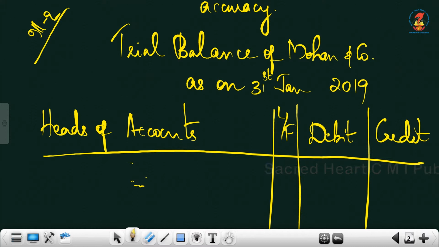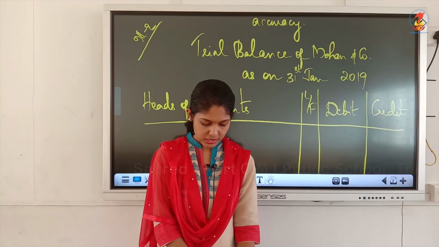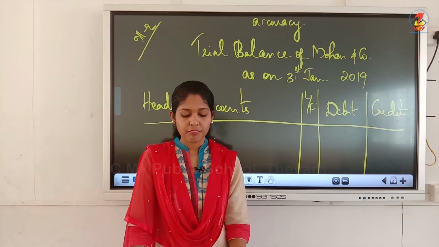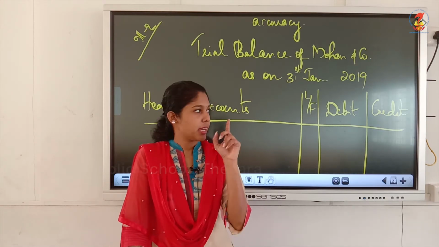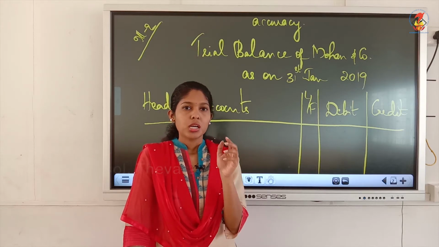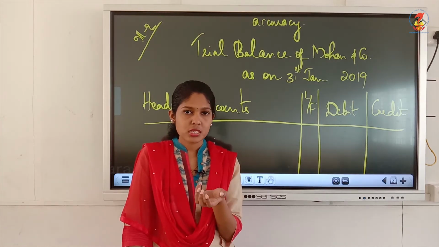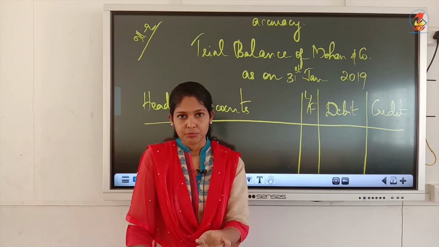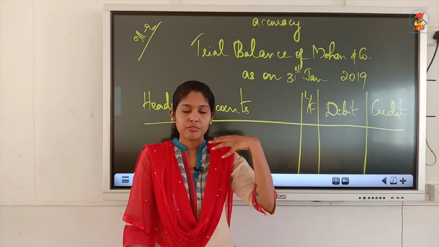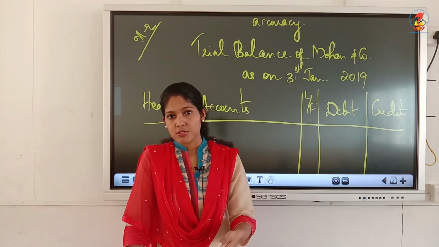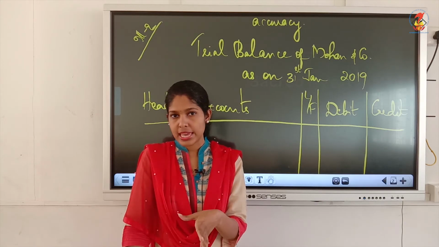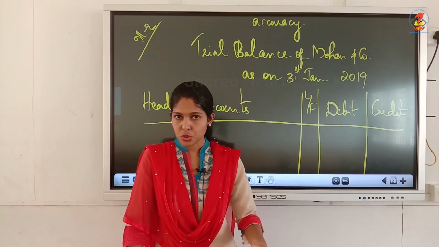So for that question, they have prepared ledger accounts. Did you see that solution given in the textbook? They have given a journal, they have prepared ledger accounts, then they have prepared this trial balance. Normally from this chapter what you get is one question where they will ask you to prepare trial balance directly, because otherwise it is lengthy. If you start from journal, then if you do ledger, then if you start to prepare trial balance, it is lengthy. So the question will be to prepare trial balance directly. I will explain how to do trial balance directly.